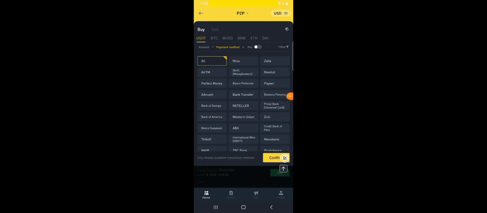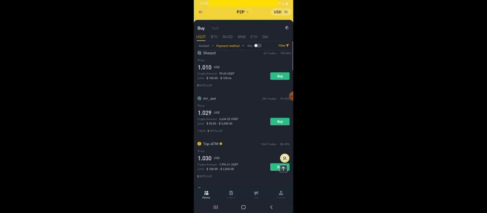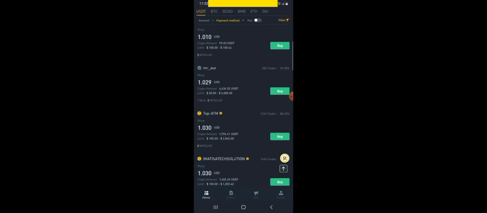So to put things in perspective, I'm right here in Binance P2P, and here my currency of focus is the USD market. You can change this to whichever currency that you prefer. So right now I'm dealing with the USD market, and I'm specifically using the payment method, which is Neteller. Right, so let me just go to Neteller, filter it and confirm. Also, so we have this here. So now with Neteller here, we have these various rates here, right? We have 1.029, 1.030 down, right?